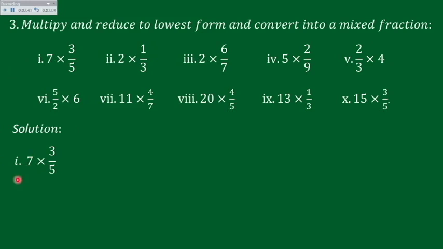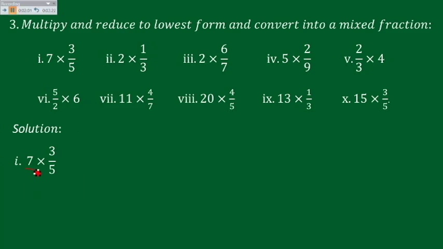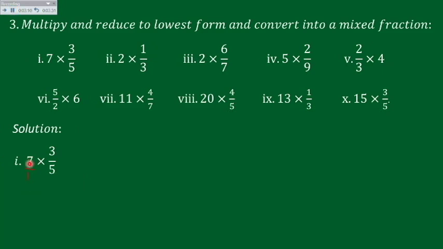Assume there is a 1 at the denominator place. When we have 1 at the denominator place, wait a minute, I'm showing you. Then you see here 7 becomes the numerator and 1 becomes the denominator. And I already told you in multiplication we multiply numerator with numerator and denominator with denominator. So here is our answer, 7 multiplied by 3 and upon 5. So 7 3s are 21 upon 5 is our answer.